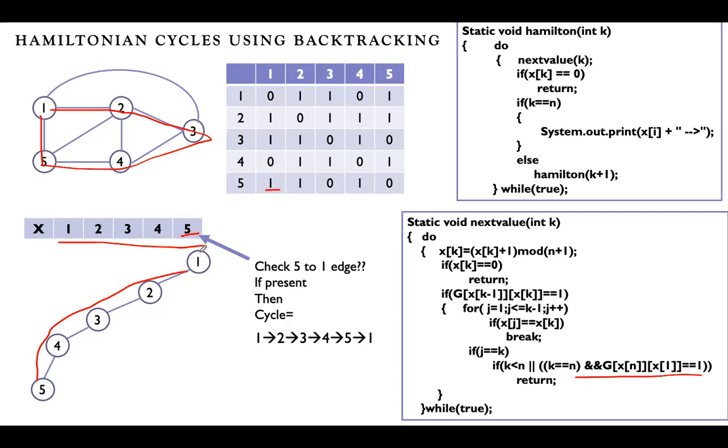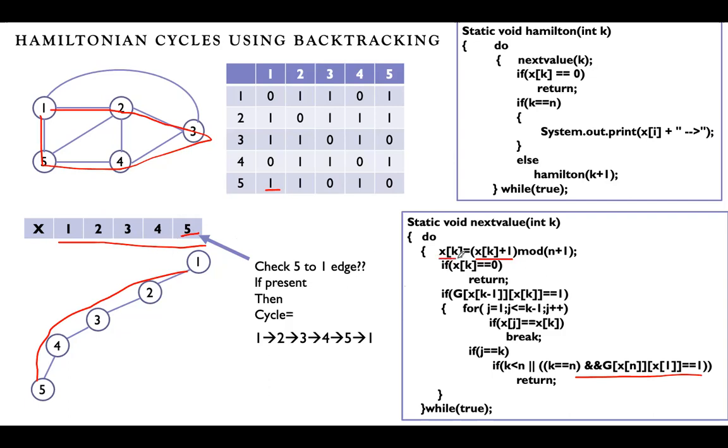Next, k value is 5. See, this is a do while loop. Again, it will keep continuing. Only one cycle we have identified. We have 8 more cycles in this graph. We need to identify those cycles. Now k value is 5. Here 5 plus 1. Okay, see, k value is 5.